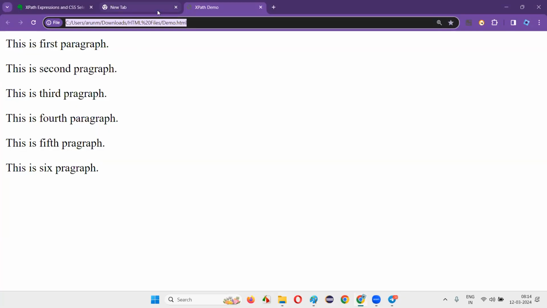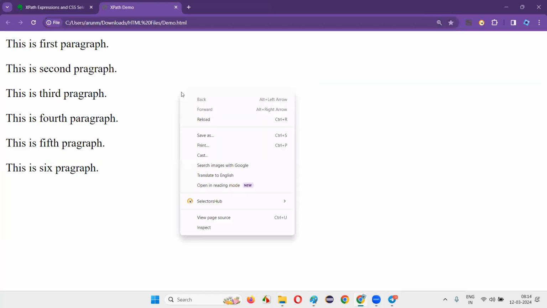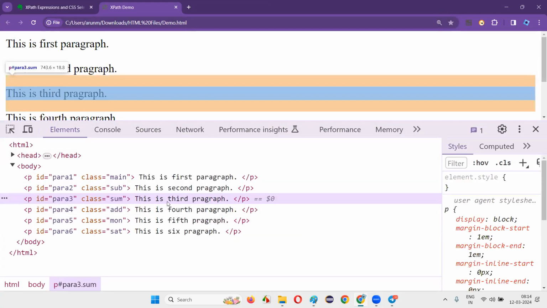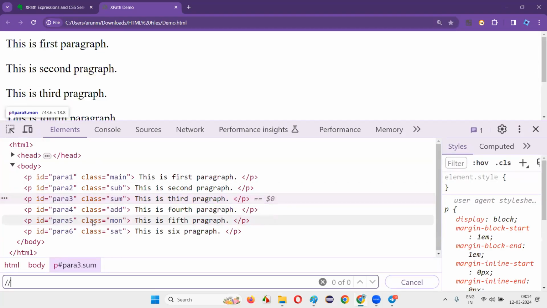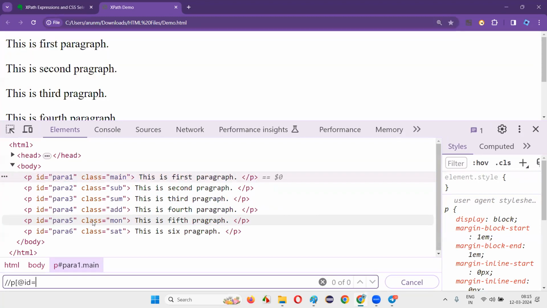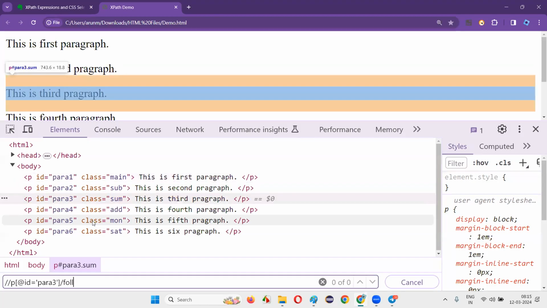Open this file. Now focus only on this, guys. Okay. So for example, Control F, /P. One more example I'll give. @ID is equal to para3. Now if I say /following::